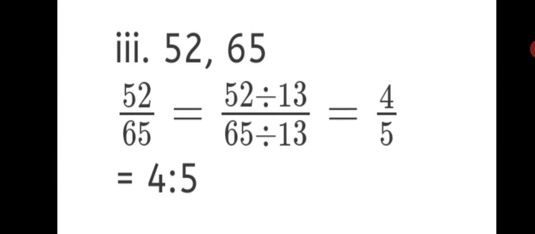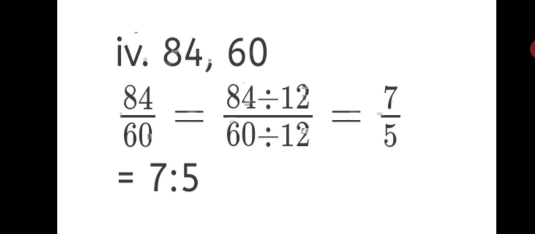52, 65. Write it. Your first step will be 52/65 equals to. The highest common factor is 13. You have already learned in the previous term how to find HCF, highest common factor. So by that you come to know that 13 is the common divisor, the highest common factor. So 52 divided by 13 gives 4 and 65 divided by 13 gives 5. So 4/5 and final answer is 4:5. Fourth sum,